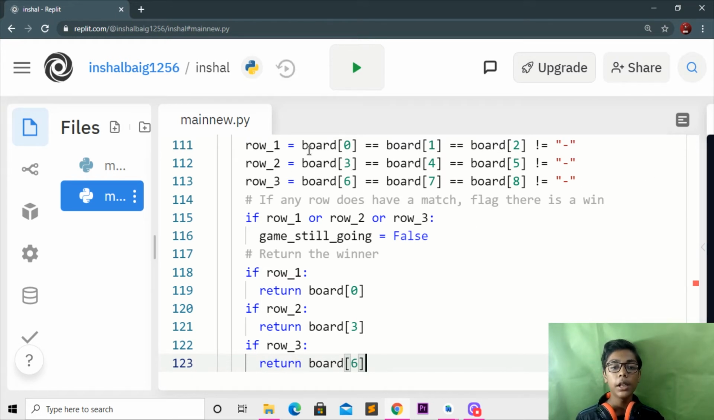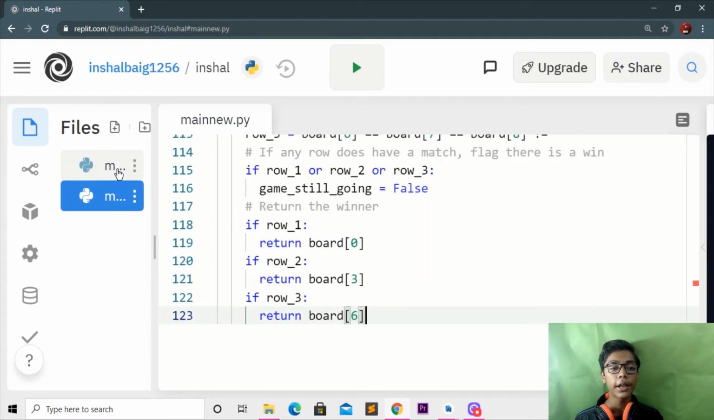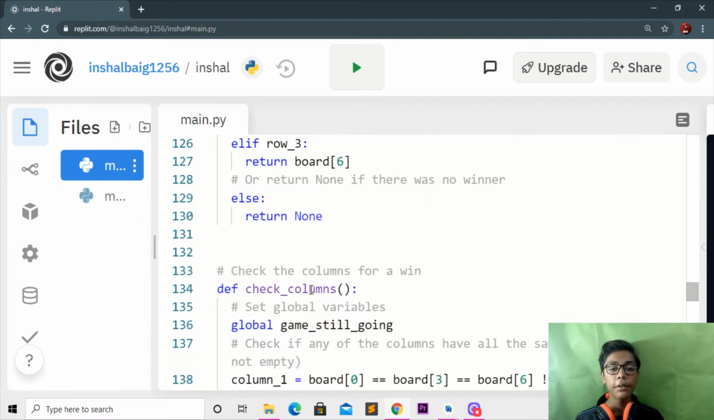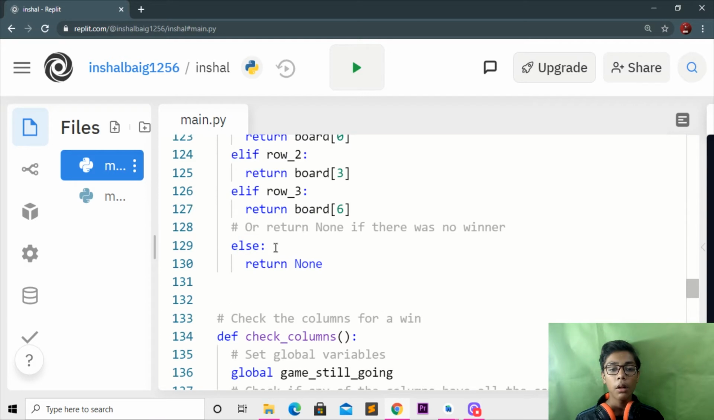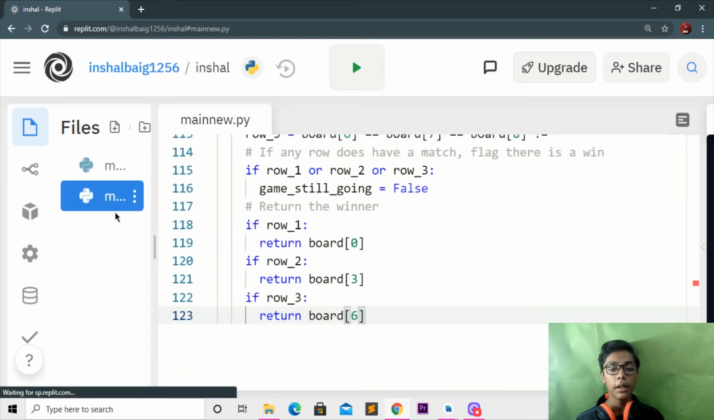So you have to only define the first board of every row which you have written, or if you want to write more rows, you can write that. So you can see simply every time, here you have to write "or return none if there was no winner." So here I'll be just coming here, and then I'll be writing